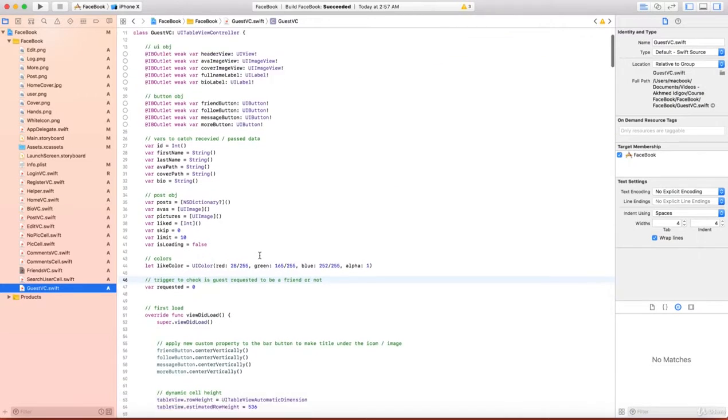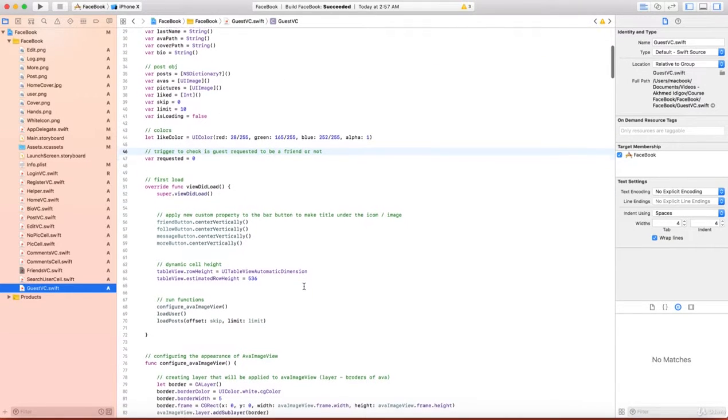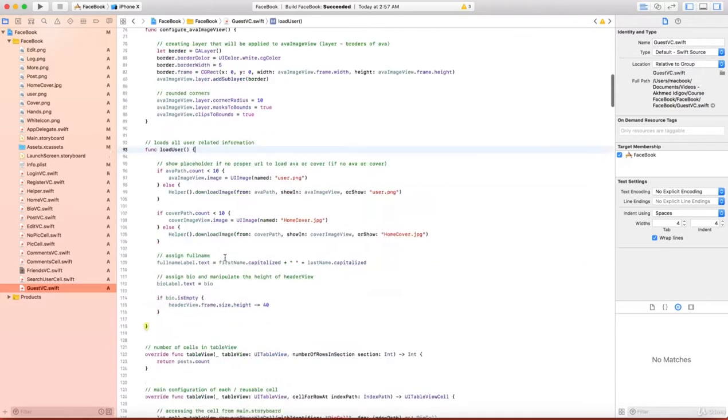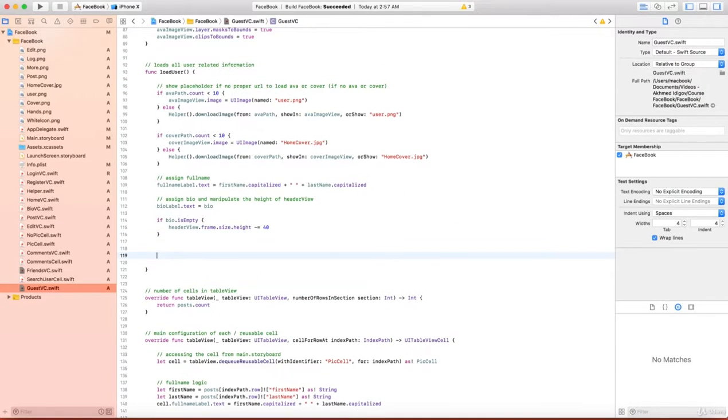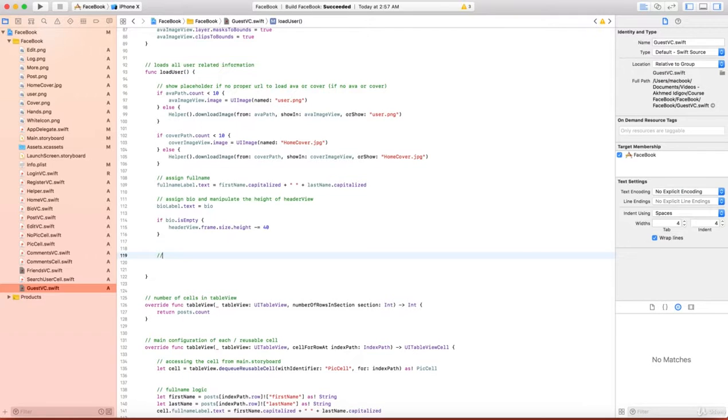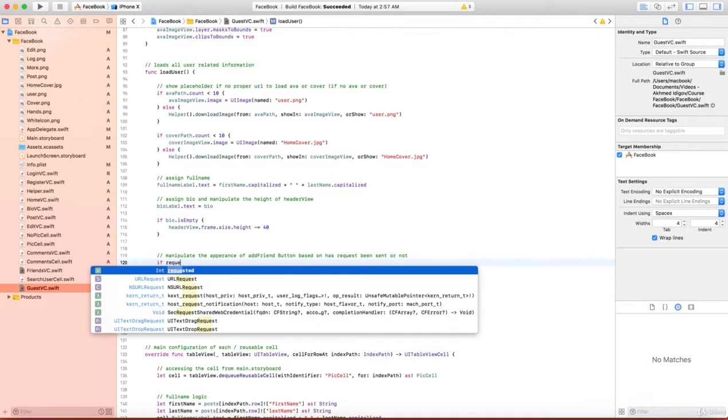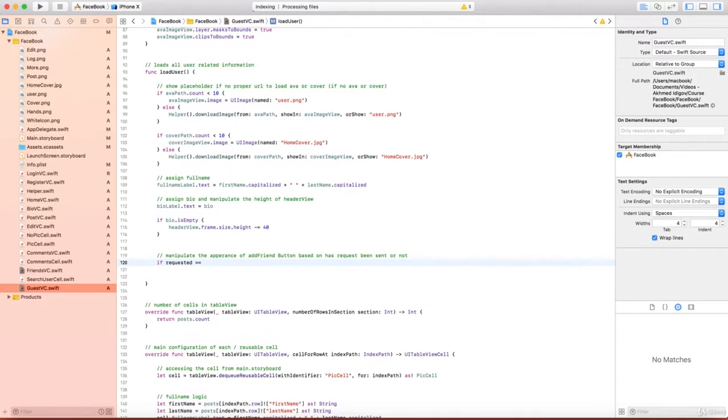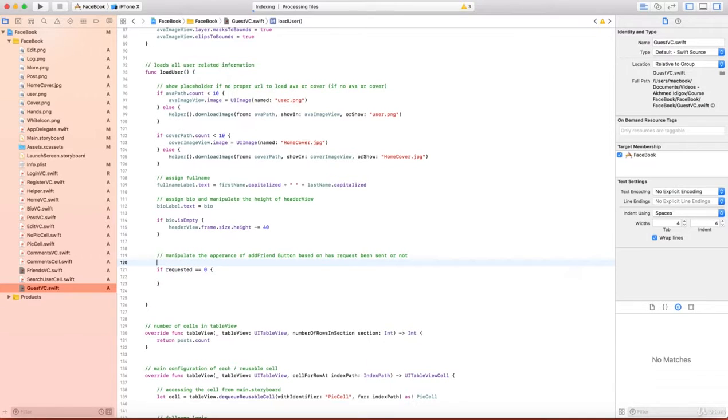Okay, so in the guest view controller, in the view did load, or let's say in the load users, we must do a manipulation of the appearance of the button. Here we will write: manipulate the appearance of add friend button based on whether a request has been sent or not. Okay, so what we will write here: if requested equals 0, meaning not requested,